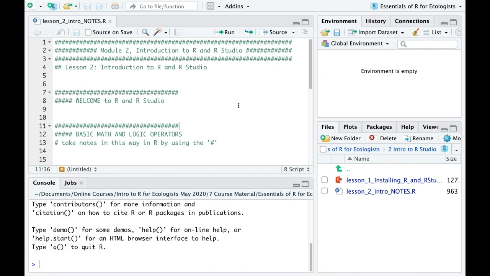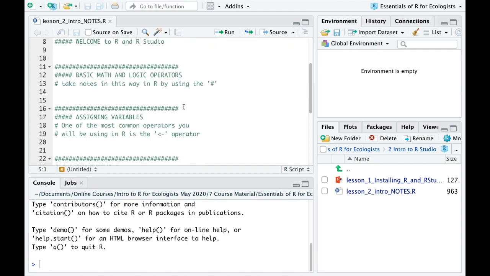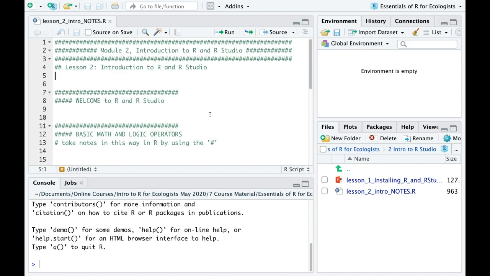Now, what I've done for all of the lessons that I'm going to be going through is I've created these sort of blank templates for each lesson where you can put in your notes as we go along. I'm going to be typing code into each of these different sections of the lesson and talking about different things, and you can use this to follow along, to type in your own code and your own comments. One important thing to remember that will be very useful for doing this is using the hashtag or hash or pound sign to designate comments or commented code in your script.